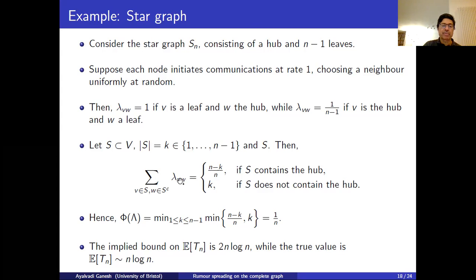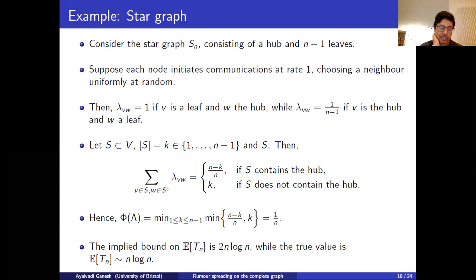So that's the numerator of our expression. And then the denominator, as before, is just 1 over n times k times n-k. And if you take the ratio and do some calculations, you see that the conductance reduces to minimizing overall k between 1 and n-1. We have to take the minimum of this divided by 1 over n k times n-k, which gives us k, and this thing divided by 1 over n k times n-k, which gives us